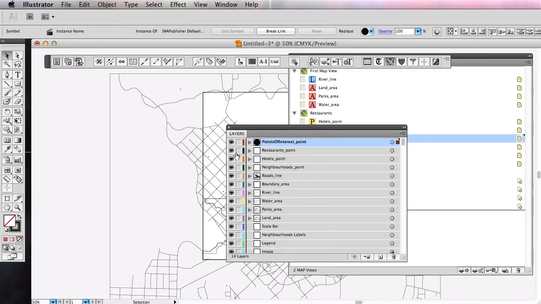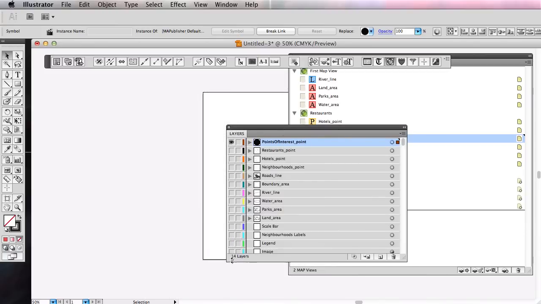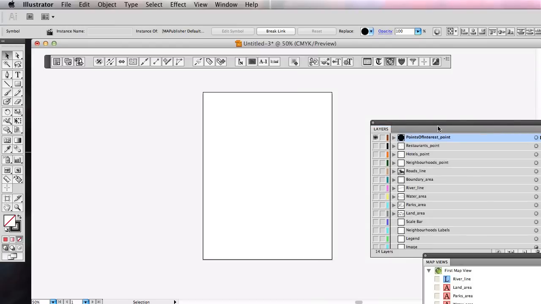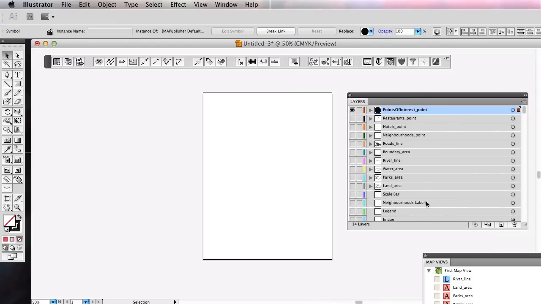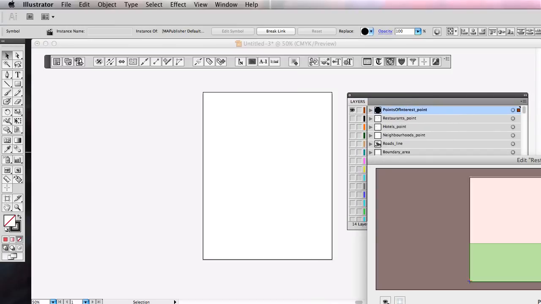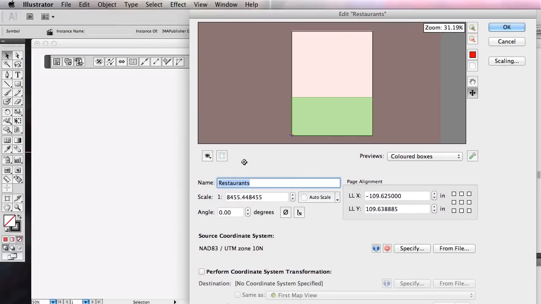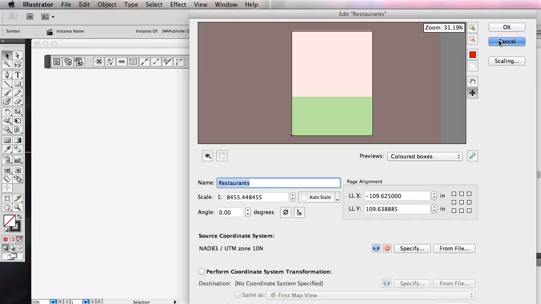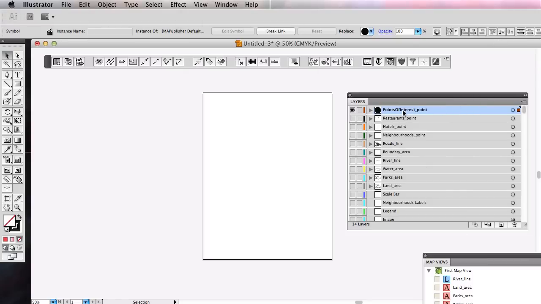So I'm going to go to my layers, turn off everything but the points of interest. And we didn't see them. Oh, because I had that backwards. Oh, my bad. Bonus points if you were paying attention. I selected the map view that had the wrong coordinate system. Easy to fix. Let's delete that points of interest